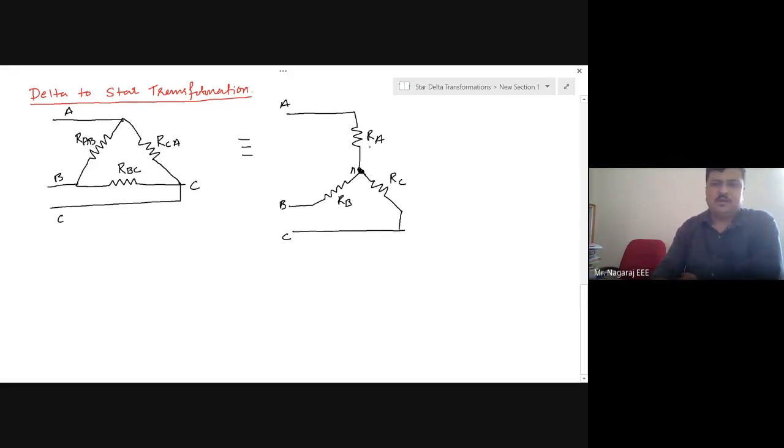The values I get will be of some other combination of circuit elements, not equivalent to this one. The reason we go for circuit reduction techniques is that I want simplification in the analysis without change in the output of the circuit. My grand output should remain the same. It should not change. The circuit operation should remain the same.